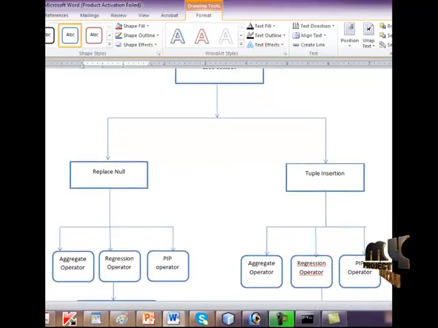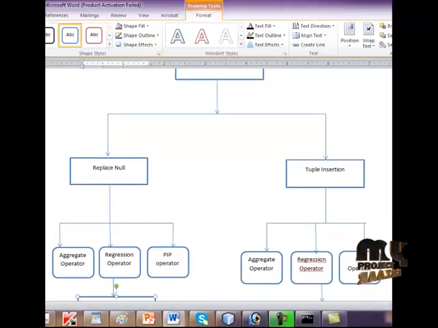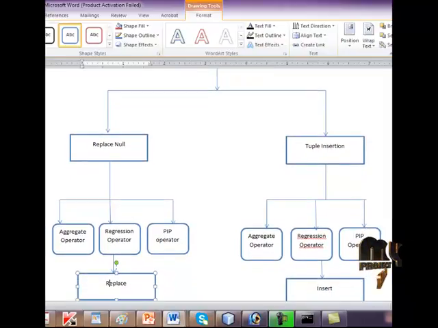For replacing the values, we are using three methods: aggregate operator operation, regression operator operation, and the final one is the PIP operator operation. Based upon these three methods, we are replacing the null values, that is the unavailable information, and finally we get one value. Based upon that value, we replace the null value with the available information.